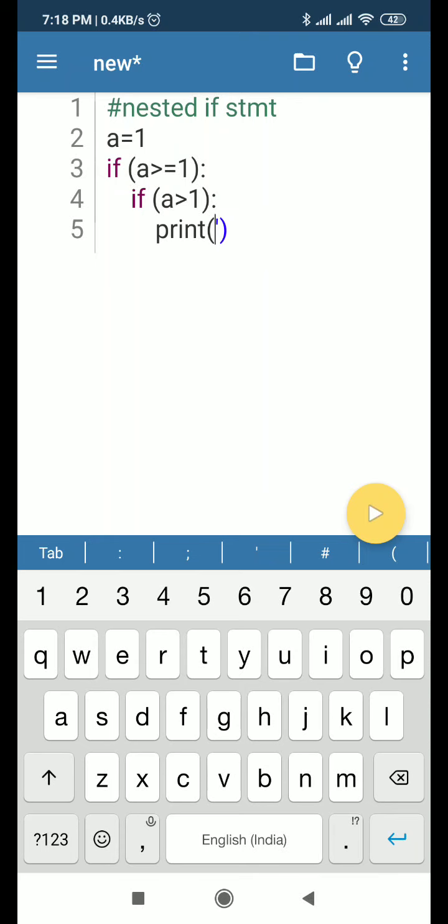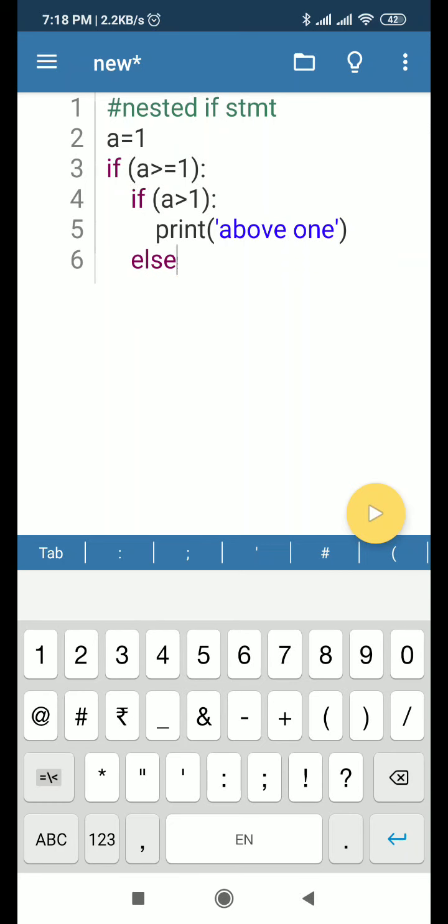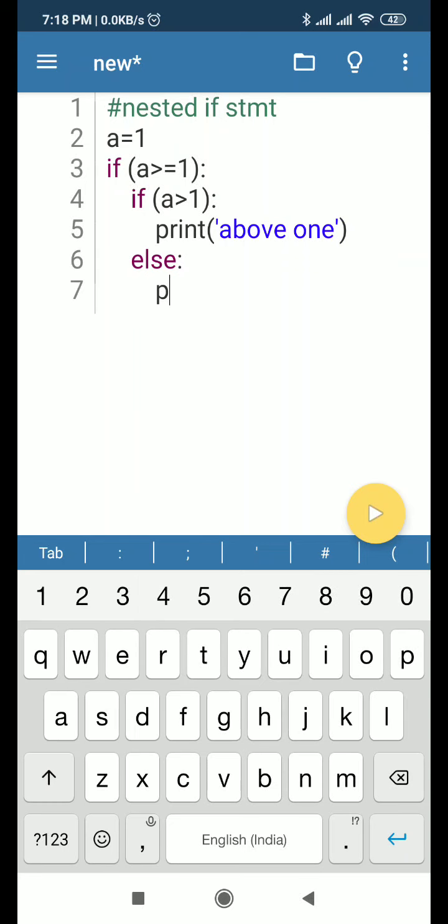Print above 1. And for else part, I am very sure that my value is actually 1.